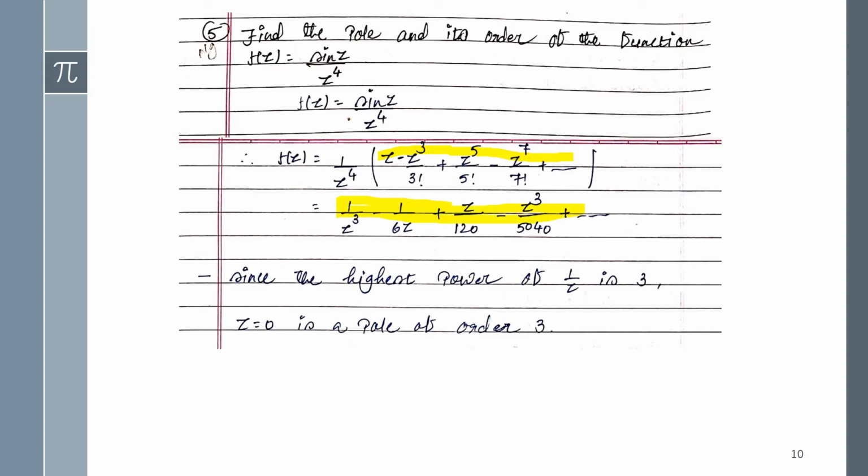Now see the fourth definition that we did in today's session only. So there you will see what you have to do here: you have to write the powers of 1 upon z only. Okay. You have to see which is the highest power. So what is the highest power of 1 upon z? Here there is one term having the 1 upon z form, and another term as well. So in both you can see in which the highest power is. Here it is 3 and here it is 1. So definitely 3 will be its highest power. So the pole of this one will be of order 3.